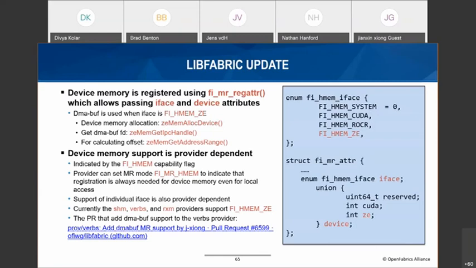For the ZE API, the internal mechanism for RDMA support is DMA-BUF. So it has a few functions to get the DMA-BUF file descriptor and also get the base address of that